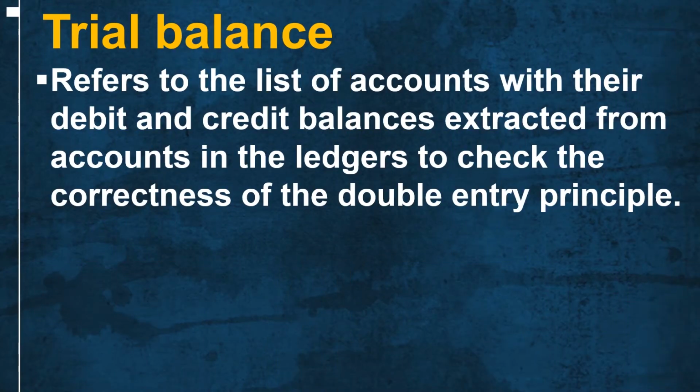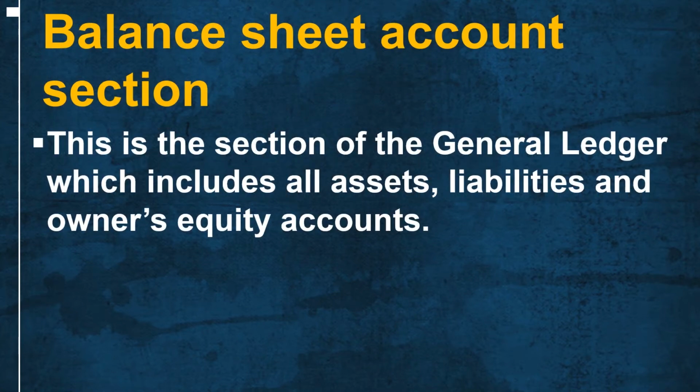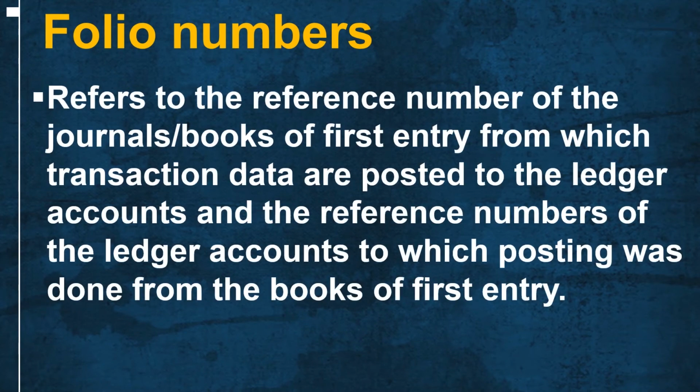A trial balance refers to the list of accounts with their debit and credit balances extracted from accounts in the ledgers to check the correctness of the double entry principle. And when we talk about the balance sheet account section, we refer to the section of the general ledger which includes all assets, liabilities, and owner's equities accounts. Nominal account section is the section of the general ledger which consists of income and expenses accounts. Folio numbers are posted to the ledger account and the reference number of the ledger accounts to which posting was done from the book of